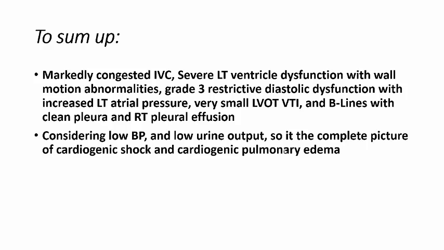So in just a couple of views, you can now sum up. There is a markedly congested inferior vena cava, severe left ventricular dysfunction with wall motion abnormality, grade 3 restrictive diastolic dysfunction with increased left atrial pressure, very small LVOT VTI denoting very low stroke volume, bradycardia by beta blocker, B-lines with clean pleura and right pleural effusion. Considering low blood pressure in our patient and low urine output, it's the complete picture of cardiogenic shock with cardiogenic pulmonary